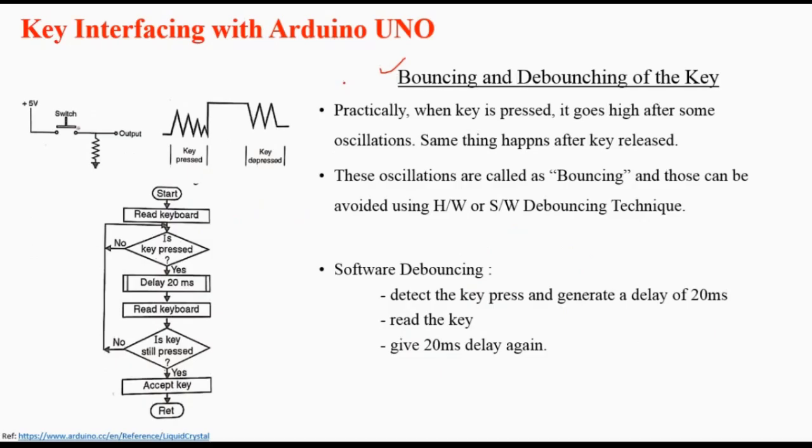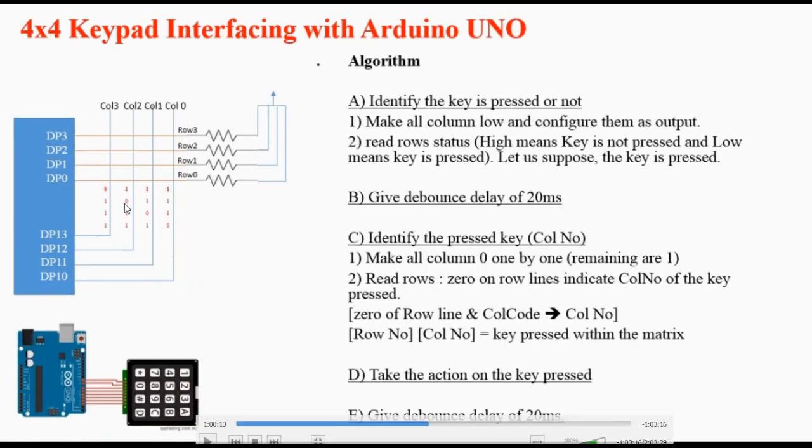So in that video, at that particular link, you will observe this kind of flowchart. It is about bouncing and debouncing of the key. Okay, it means that whenever key is pressed, you will not observe high and low signal on the key port. You will observe this kind of make and break kind of waveforms at this port. Now how to avoid those make and break kind of waveforms? So for that purpose, bouncing and debouncing mechanism is used. It is discussed over there. And this kind of interfacing, those are the ports, that is output port and input ports of the microcontroller.